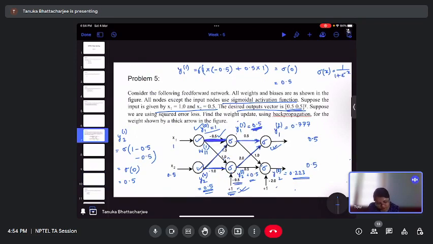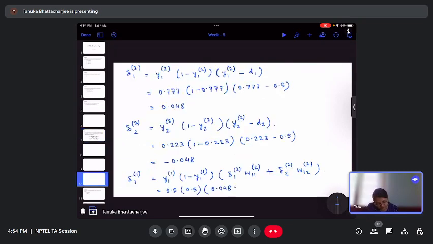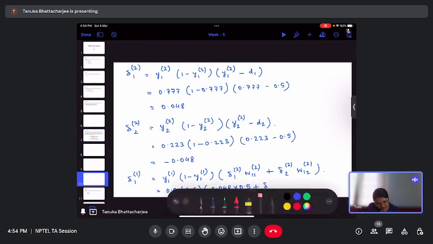So your W112 is basically the weight connecting the first neuron of the second layer to the first neuron of the next layer, which is this one, and that is also 0.5. So this into 0.5 plus delta 22 is